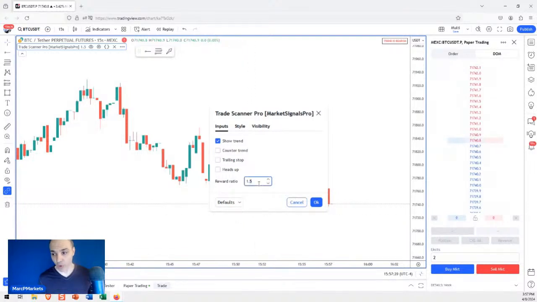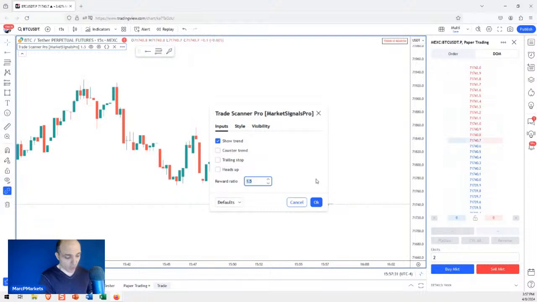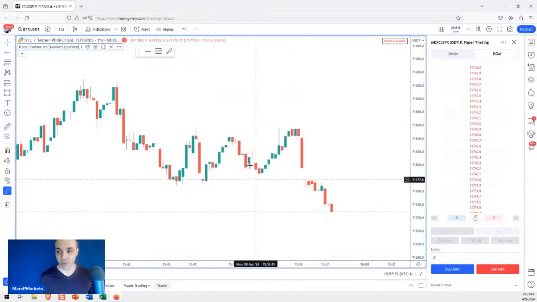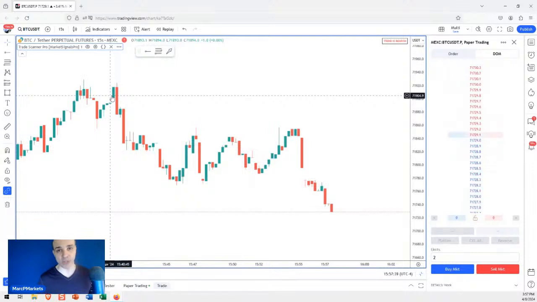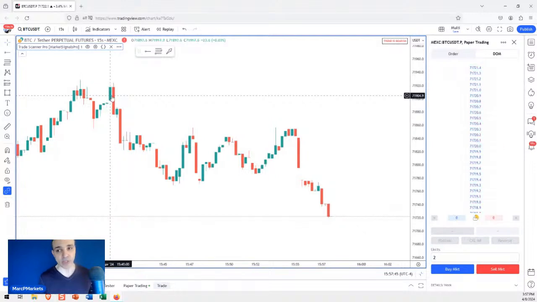If you want to do your own reward risk, you can just change it right here. You see that? It says reward ratio because the risk is always set to 1. So you can change the reward ratio. So let's say you want to do only 1-to-1. You don't want to do 1.5-to-1. So now when this thing calls orders, right, it's going to put them at a 1-to-1 ratio. Maybe you want to do 2-to-1. Maybe you want to do 3-to-1. Okay. You decide what you want to do, and you just change that input right there, and then it will change the orders, right? It will.